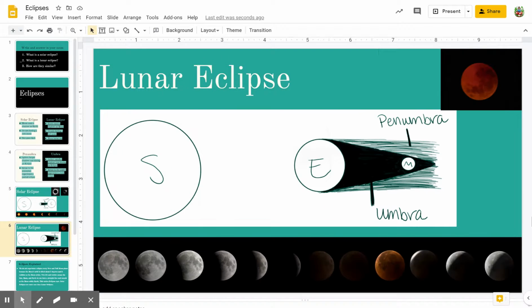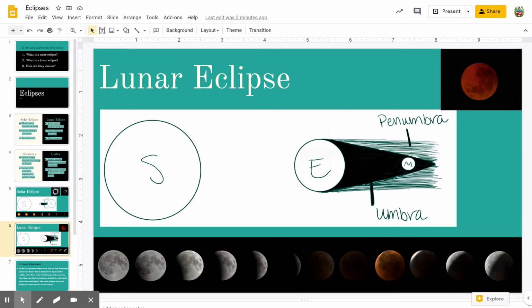Okay? All right, this is our diagram for a lunar eclipse. This is what it would look like if there was a lunar eclipse and it was a complete eclipse. You'd be able to look up at the night sky and you'd see this right here. As we are moving into the eclipse, we would see something that looks kind of like this down here across the bottom, okay? So we start out with a regular full moon. It starts to go kind of dark. It looks funny, and then it changes color, and then it's finally completely inside of Earth's shadow,